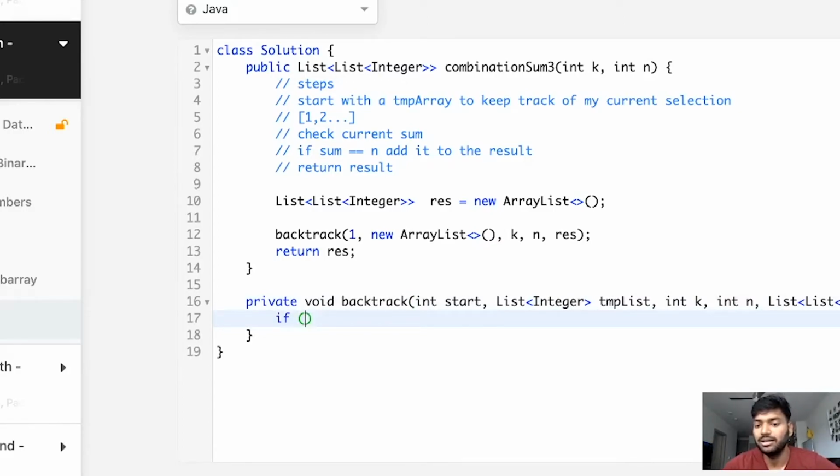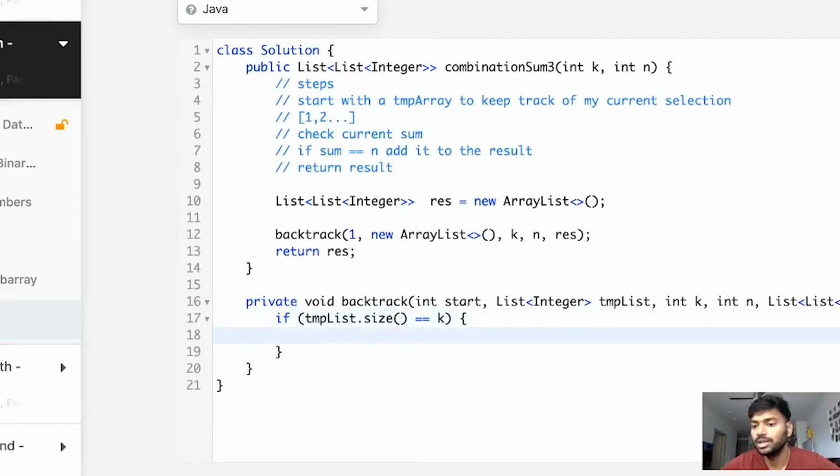So let's look at the boundary conditions now. What are the boundary conditions? If my temp list dot size equals k, I want to stop, because there is no point in adding more numbers to that temp list than k, because we are only interested in arrays of size k, right?